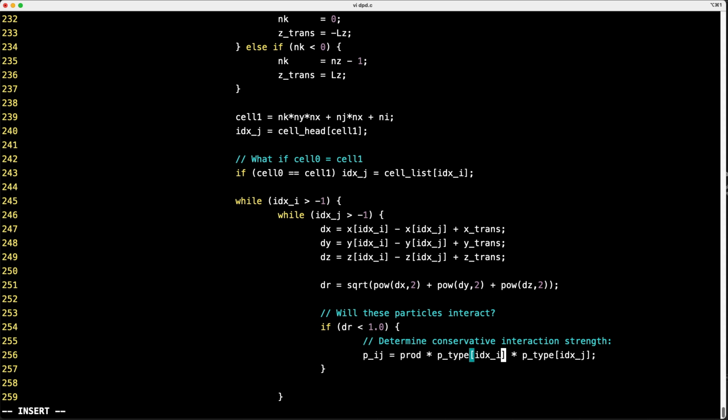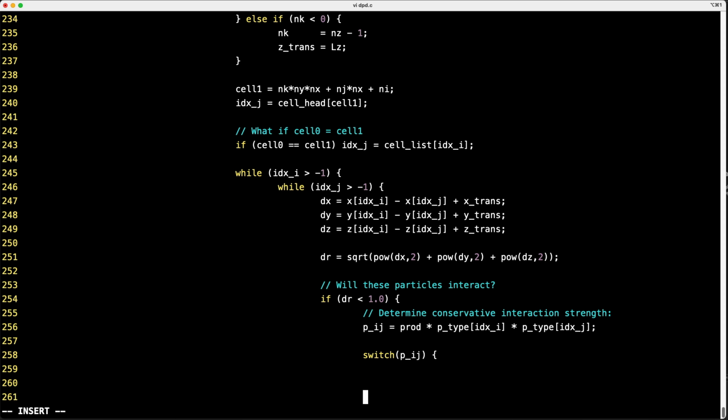But if the particles are different types, so if the polymer chain is interacting with the solvent, then I would have a particle type of 1 multiplied by a particle type of -1, and that would give me a negative number. So this one value here will capture all of the different types of interactions I can have. And so now I just need to choose the interaction strength. So I'm going to use the switch command